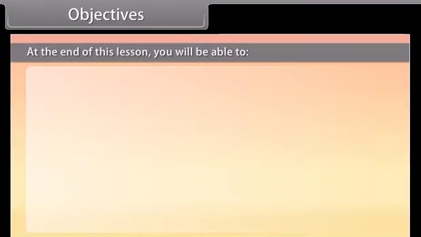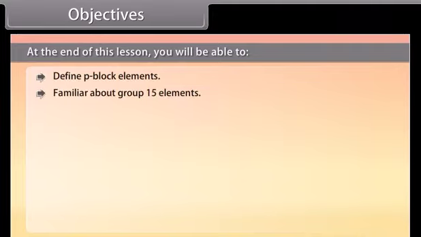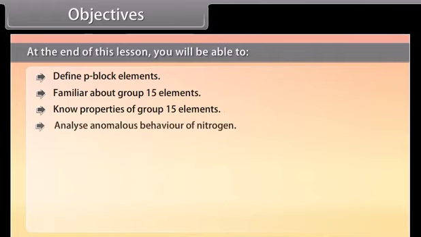Objectives. At the end of this lesson, you will be able to define P block elements, become familiar with group 15 elements, know the properties of group 15 elements, analyze the anomalous behavior of nitrogen,